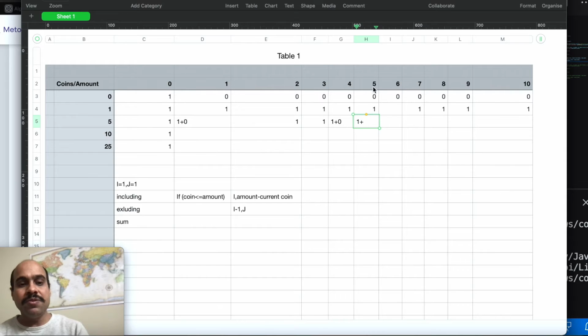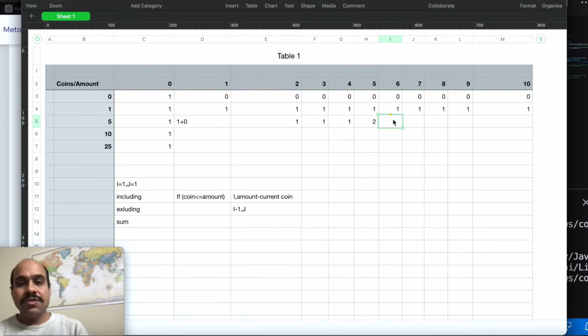So I just have to reach a point where I already have the solution of the sub problem, and what row will it be? It will be the current amount value minus the coin value. So 5 minus 5, 0. So let's go to the 0th index, which is basically 1. So I will add 1 here, so it will become 2.